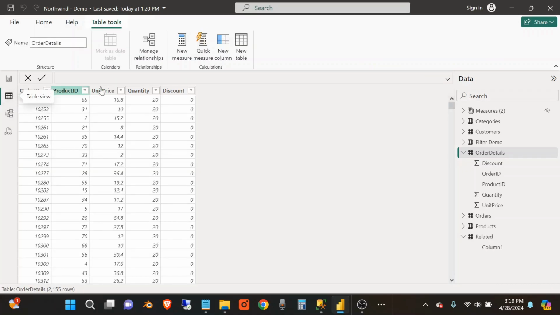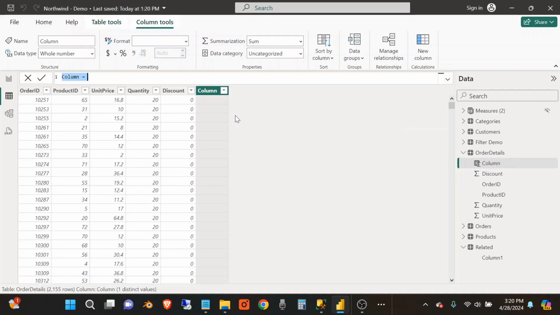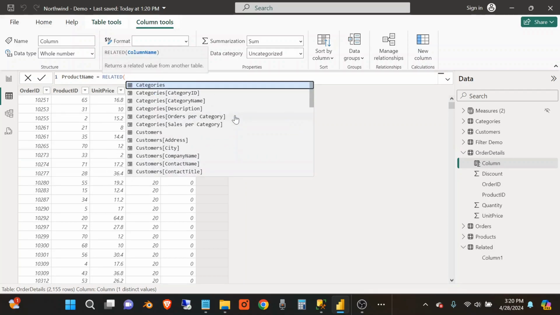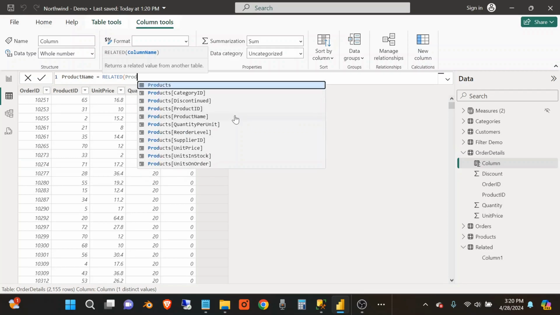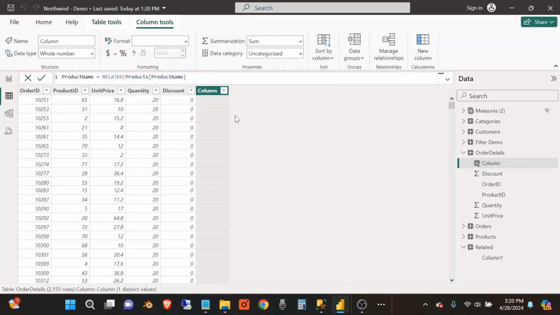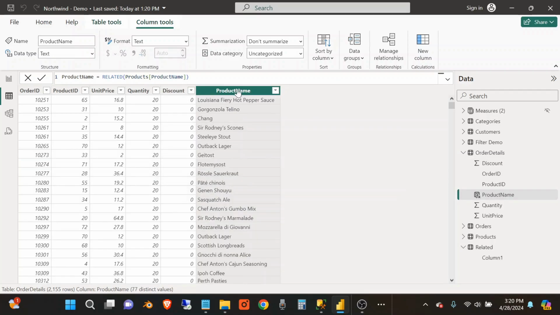So we go to the table view and we come to our order details table here. We can click on new column. This will be named product name equals, start typing in related tab. So you have your related function and you want to access the product name in the products table. Hit enter. And now you have the product name from the products table inside of your order details table using